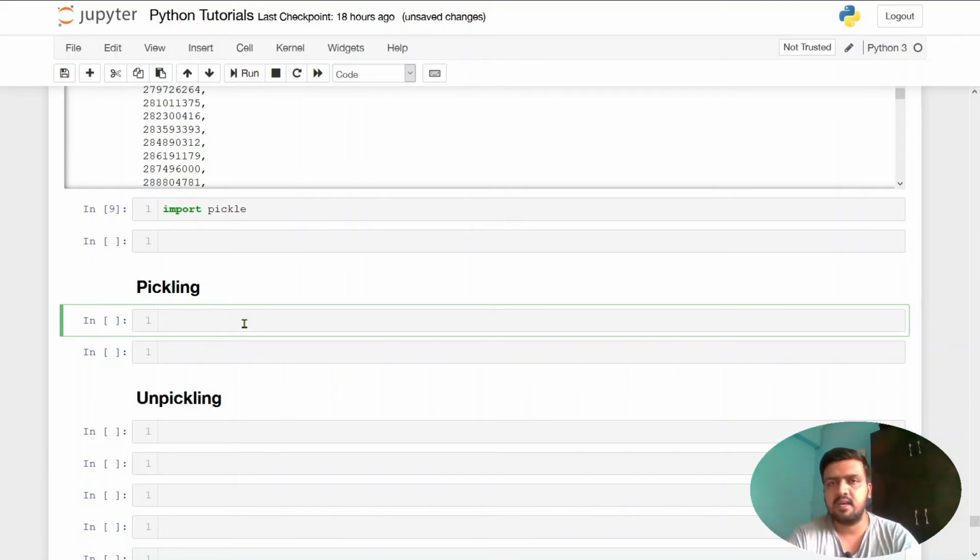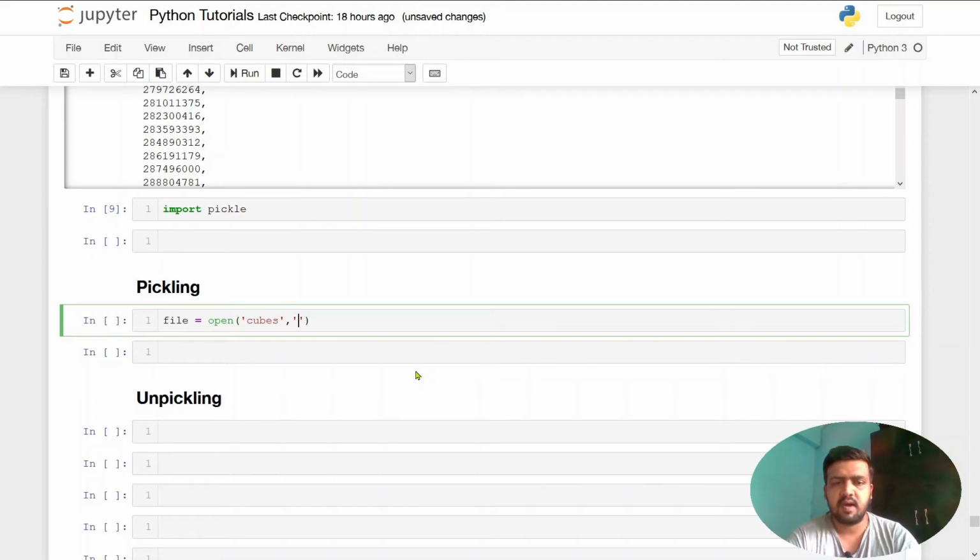But for now I'll directly write the code of how to make a file and how to do the further process. So I will take the file object as file, and I will make a binary file. Let's say the name of the file is cubes only. You can have any extension you want, but I prefer not to give an extension. Giving no extension is also fine.